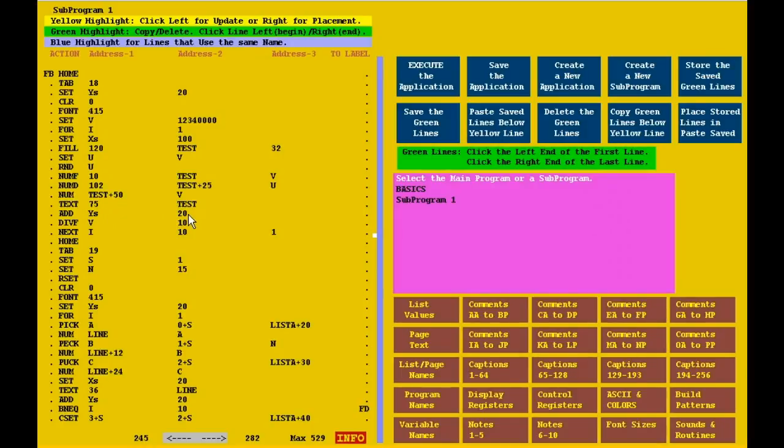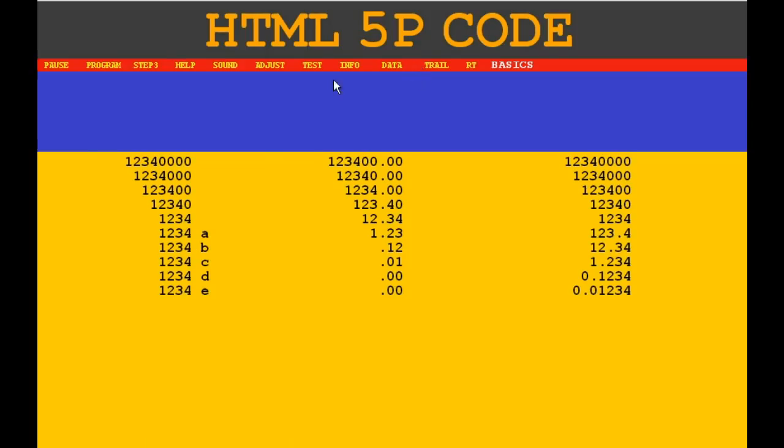Then it's going to add 20 to the Y position so that the next time it goes around, the next line is down 20 pixels. So now let's execute this. Here we see our number,